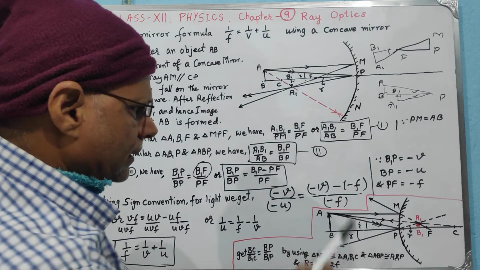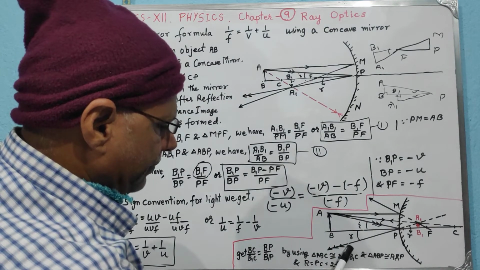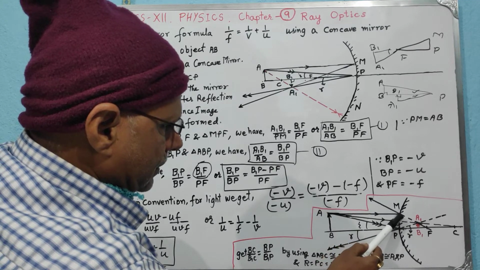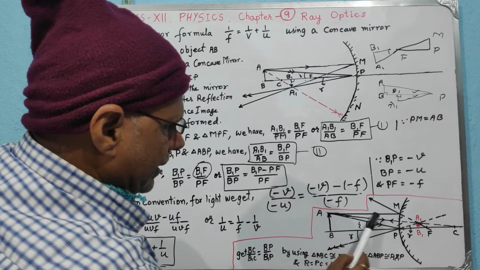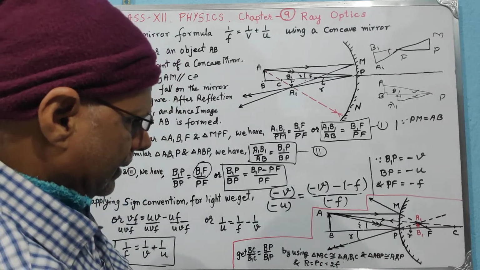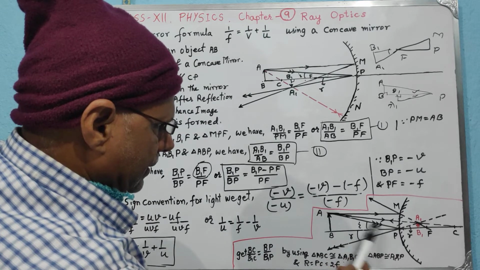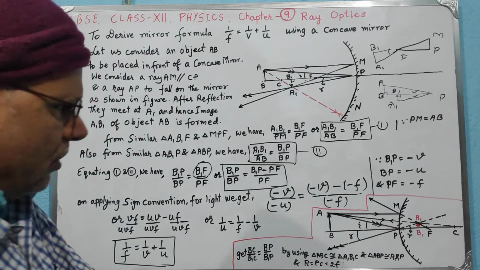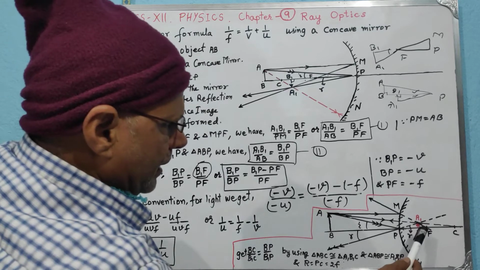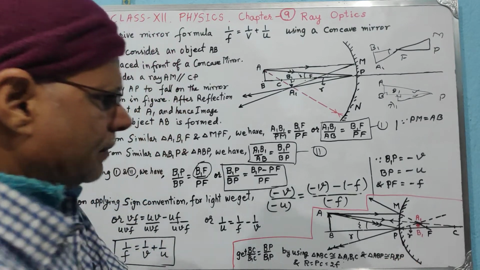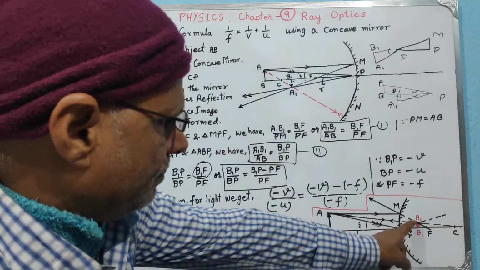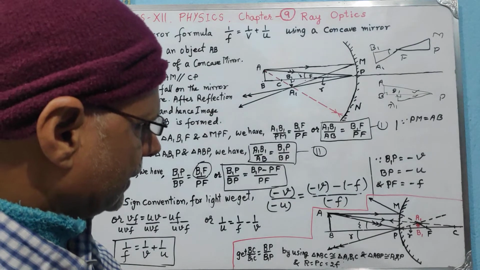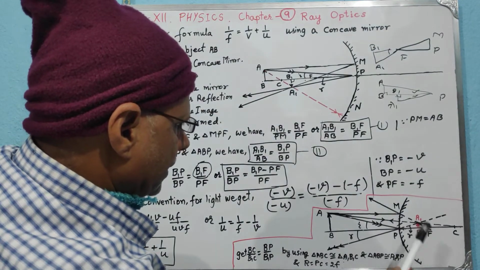Once you have this situation, you see when you retrace the reflected ray, the AM reflected ray, and the other ray AP after reflection, if you retrace these two rays, what will happen? You will get the virtual image formed at point A1, and hence the image of AB, A1B1, will be formed. Now one thing you have to consider over here is that vertically opposite angles are equal,